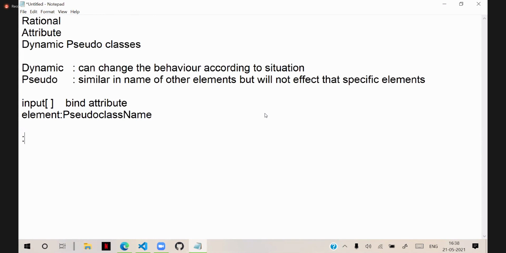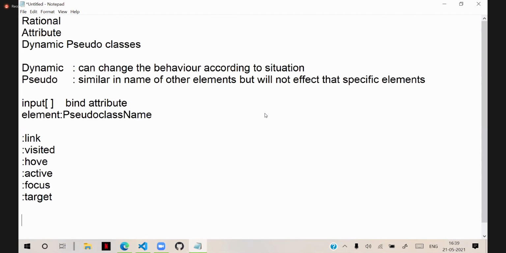We have so many pseudo classes, like link, visited, hover, active, focus. Like this, we have general pseudo classes. We have target, which is also under pseudo class.